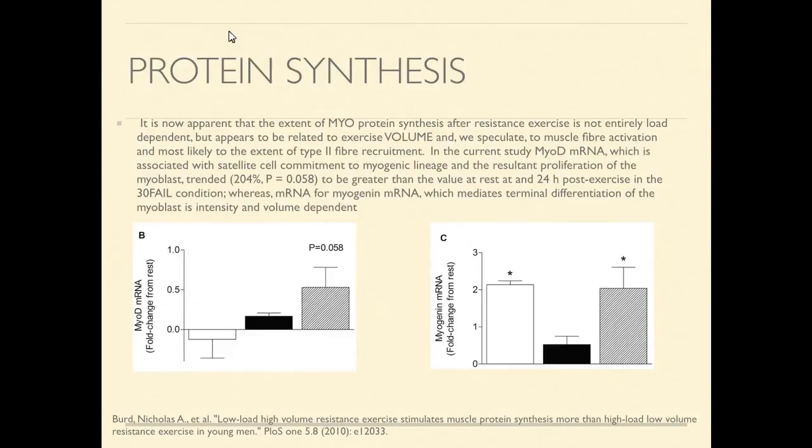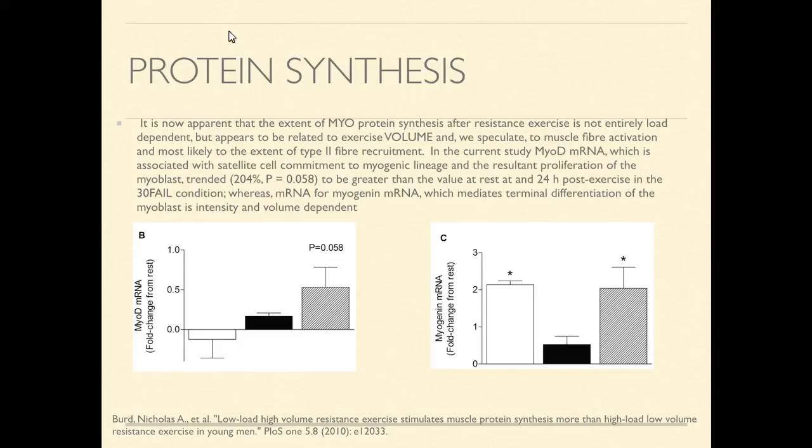So this is real interesting. I want you to look at MyoD on the graph to your left, and myogenin, which is on your right. What you're looking at here: the first group is the 90% to failure, the second group is work matched, and the third group is the 30% to failure. Notice that MyoD only increased in the 30% to failure group, but myogenin increased in both the 90% and 30% to failure